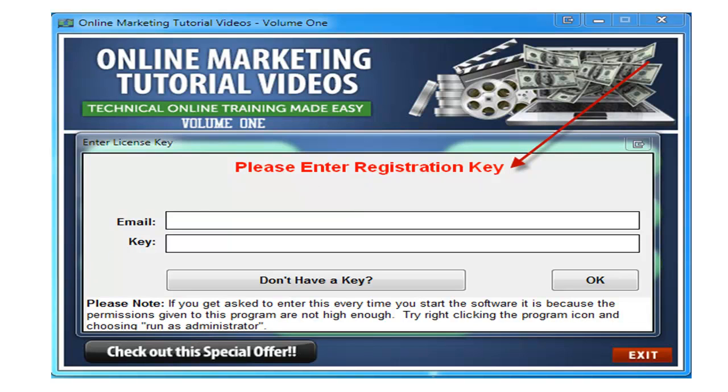So when my customers give these products away, the user that downloads them will have to get a registration key. Now, where are they going to get the registration key? Well, they're going to get it from whoever is selling the product, right? You set that up. You set up the registration key to whatever key that you want. And when the user clicks this button right here, it says don't have a key, it goes straight to an email opt-in form. Now, they have to actually put their email in there to get their registration code sent to their email inbox, right? You see how that works?